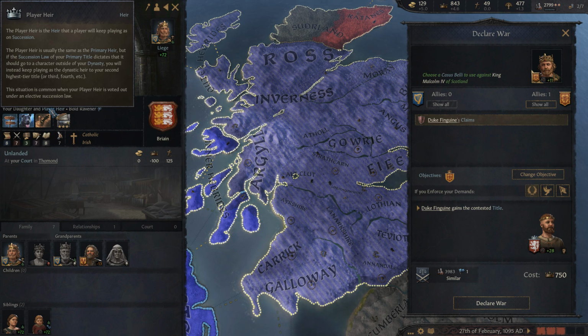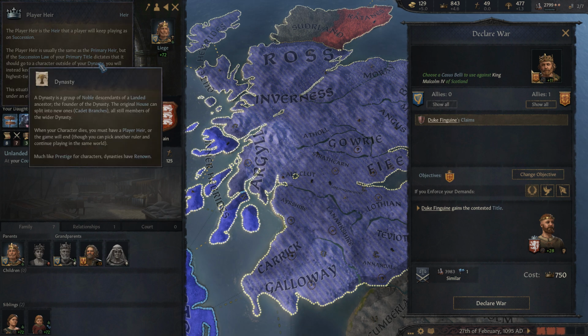So let's see. The player heir is usually the same as the primary heir, but if the succession law of your primary title dictates that it should go to a character outside of your dynasty, you will instead keep playing as the dynastic heir to your second highest tier title. How is dynasty? Group of noble descendants of a landed ancestor. The original house can be split into new ones, and all those will still be members of the same wider dynasty. But